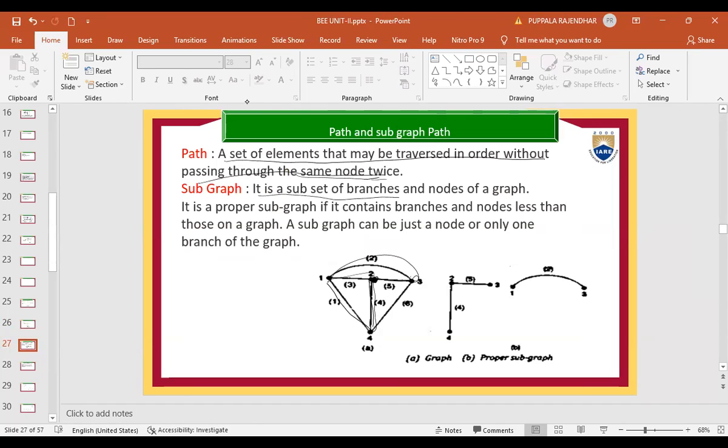And this is a subgraph. What is a subgraph? It is a subset of branches and nodes of a graph. So this is the main graph. This is 2, 3 and 2, 4. And once you draw